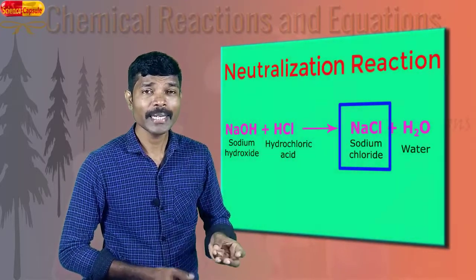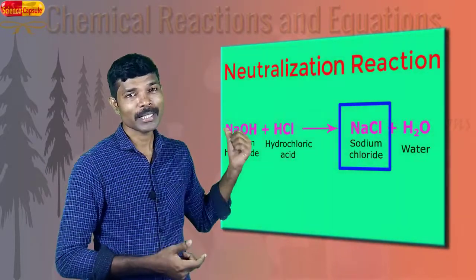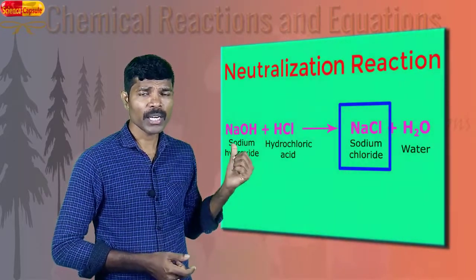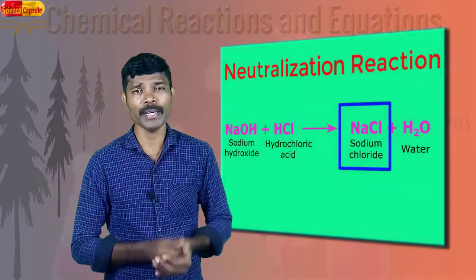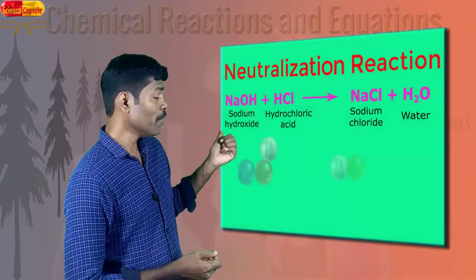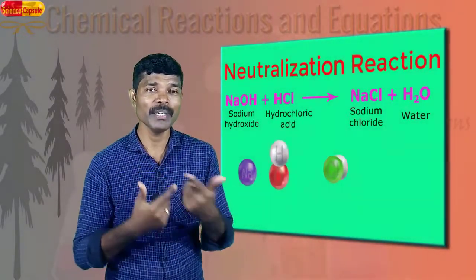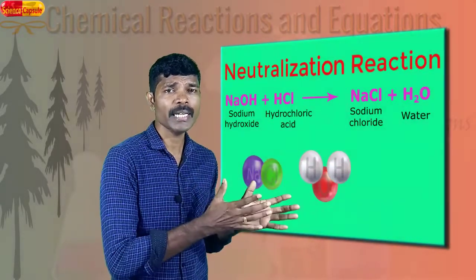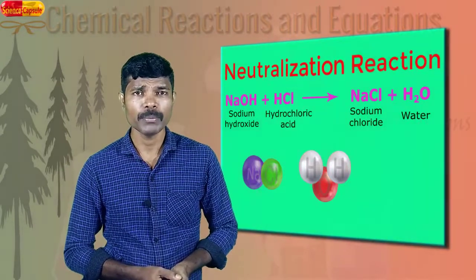Whenever an acid reacts with a base, a neutral substance we get, so only such a type of reaction is known as neutralization reaction. This neutralization reaction is classified under displacement reaction or double displacement reaction. It is classified so because here you can see that the two ions are getting exchanged between the compounds. So the neutralization reaction can also be studied separately or it can also be classified under double displacement reaction.